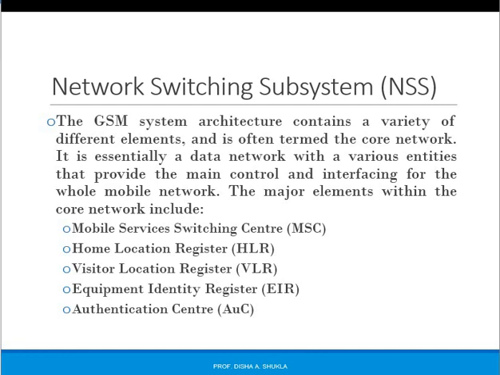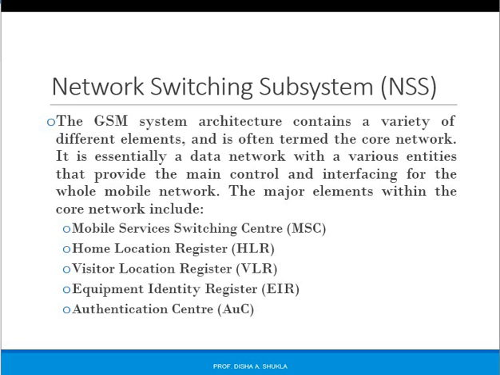Now, dependent upon the information held in the EIR, the mobile may be allocated one of three states, that is, allowed onto the network, barred, or monitored in case it has some problems. The next part in NSS is the Authentication Center, or the AUC. The AUC is a protected database that contains the secret key also contained in the user's SIM card. It is used for authentication and for ciphering of the radio channel.